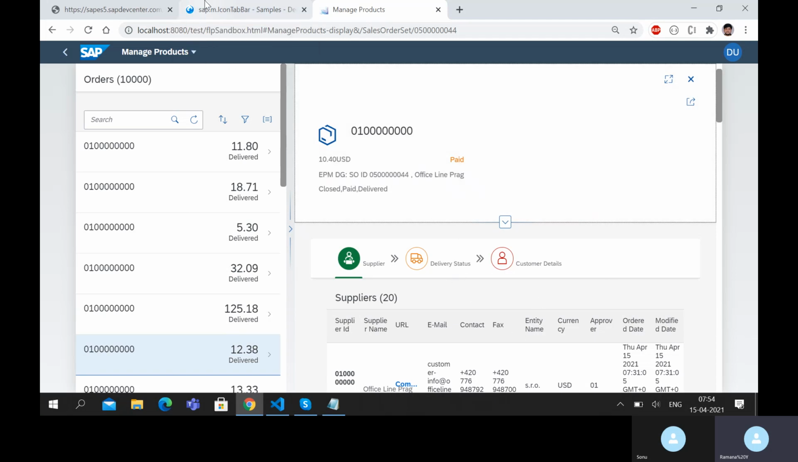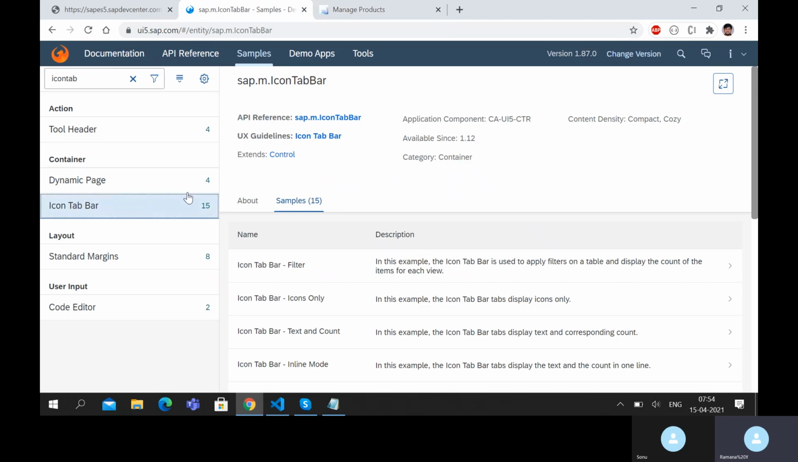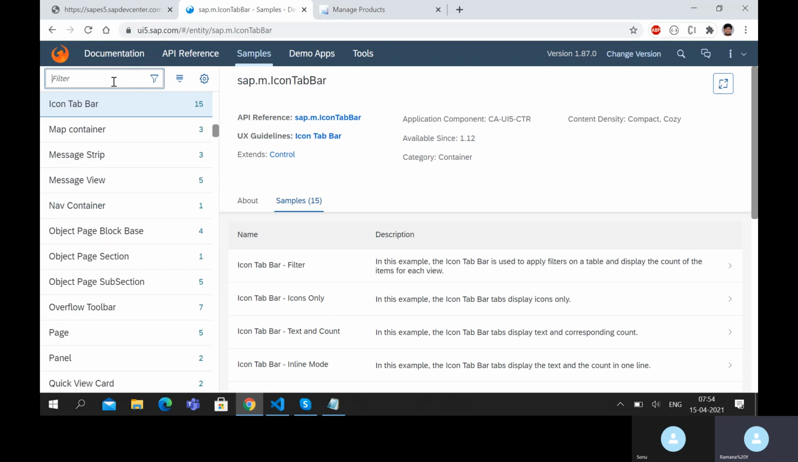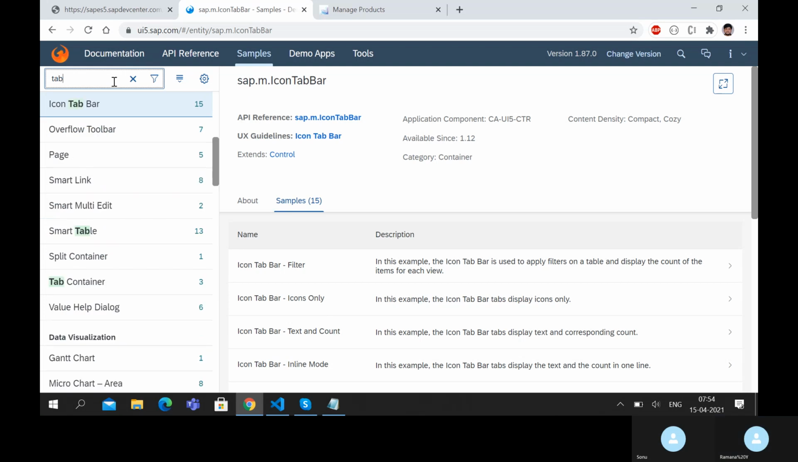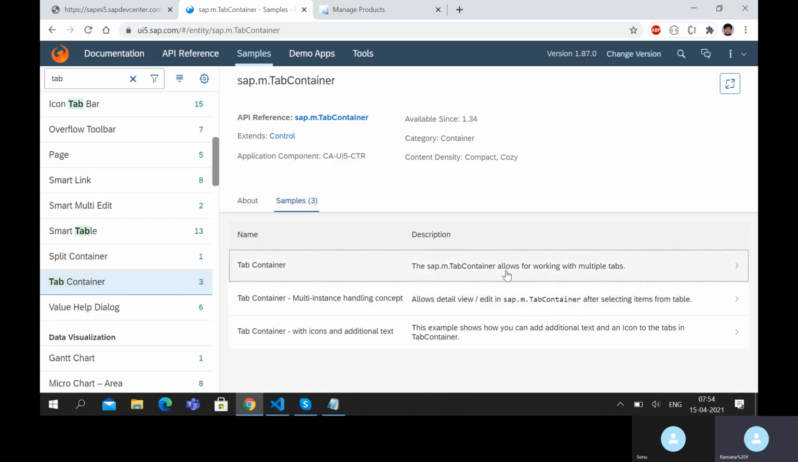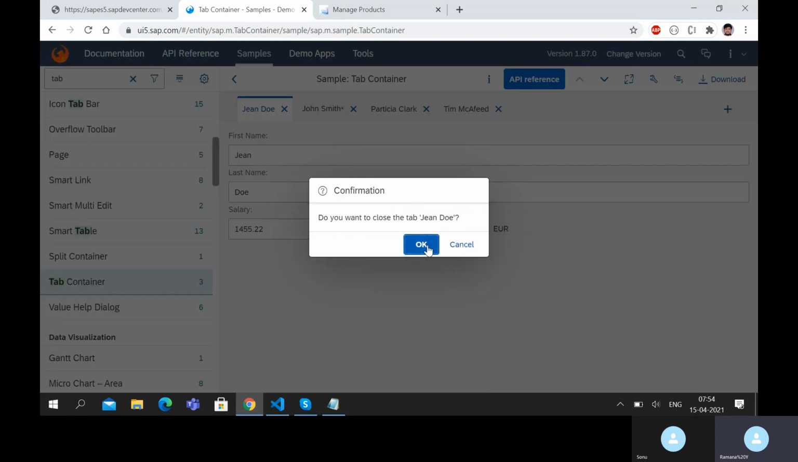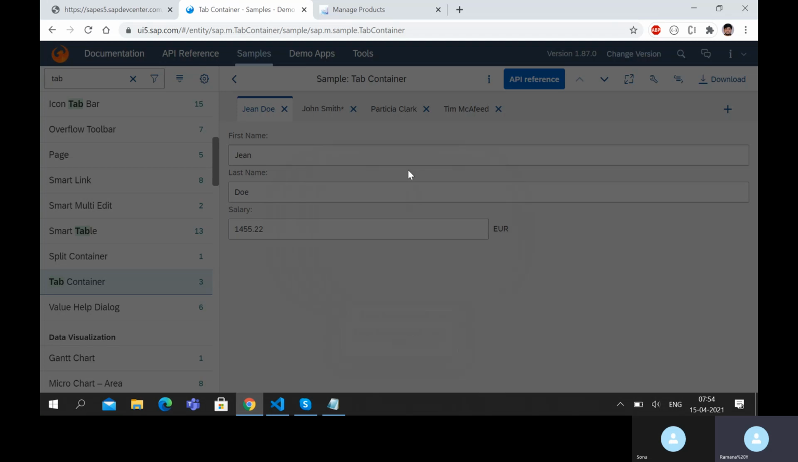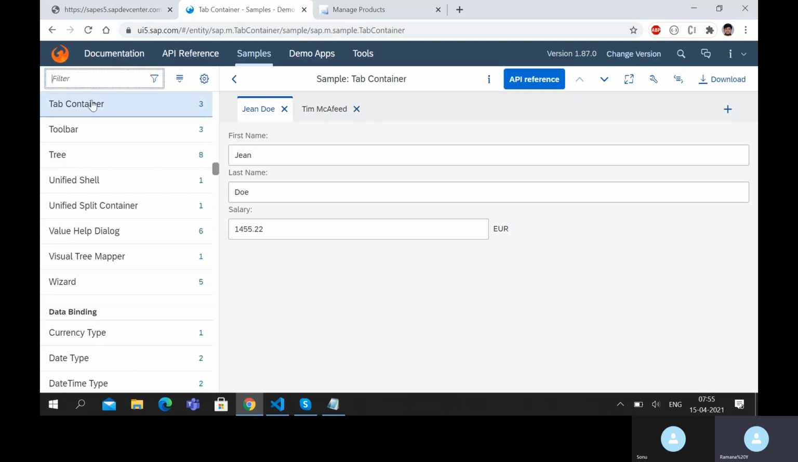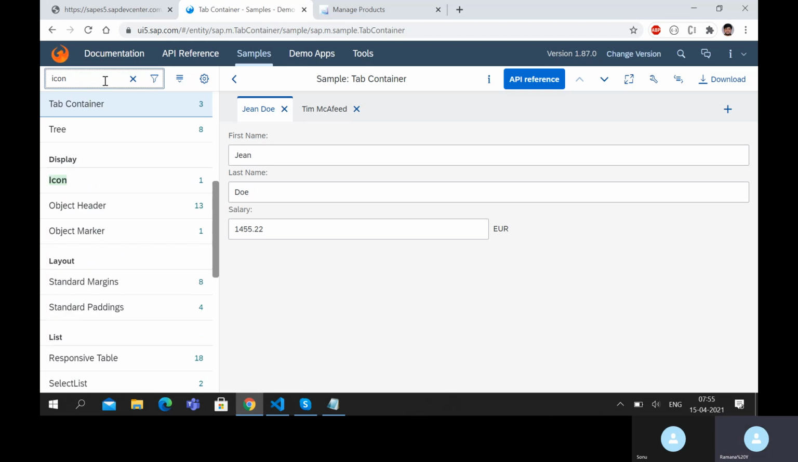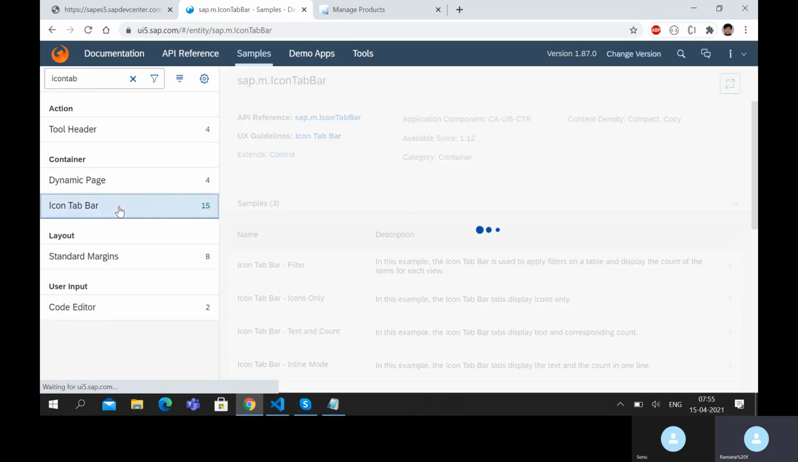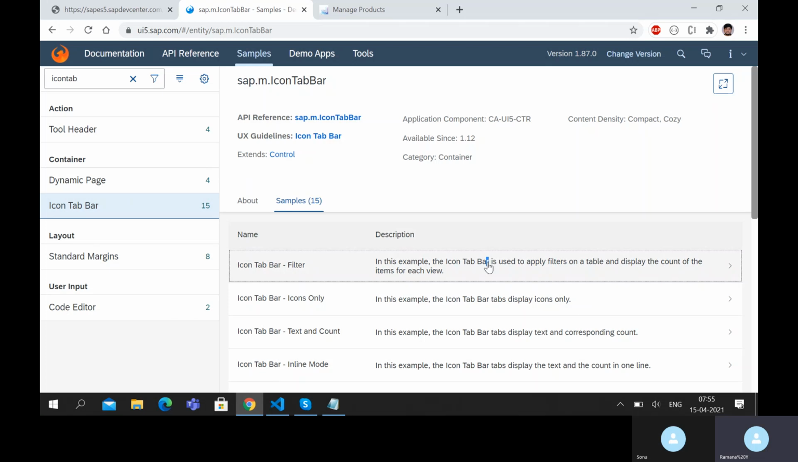Icon tab bar is one such control. I can show you some others. Tab container is one such control. If you see the tab container, this is how the tabs will appear, and we can close each tab, and this is how it looks. This is one control we can use, and the other is icon tab bar, which is another control as well. Here you can always come back to the samples,